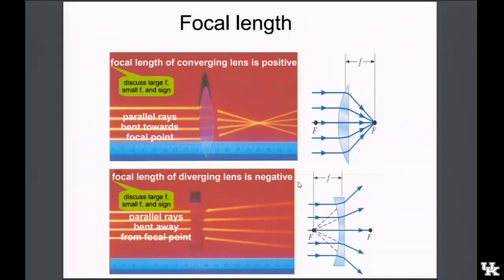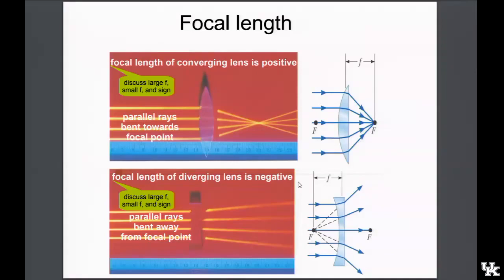Likewise for diverging. If you've got a diverging lens and it very quickly bends the light away from the optical axis, that's a small negative focal length diverging lens. If it just gradually bent the light away from the optical axis, then that's a long negative focal length diverging lens. So with lenses, their personality is all determined by their focal length, its sign and its size. Here you can see on this little sketch and on these pictures here,